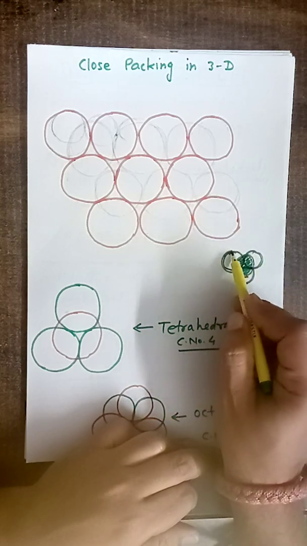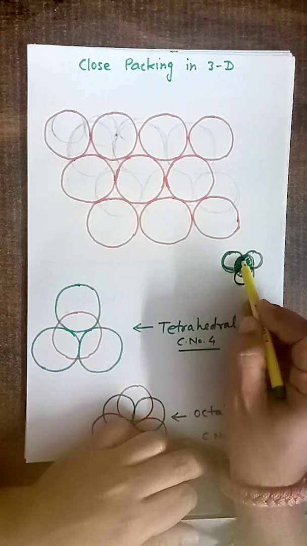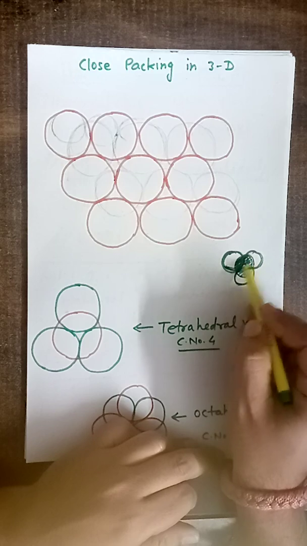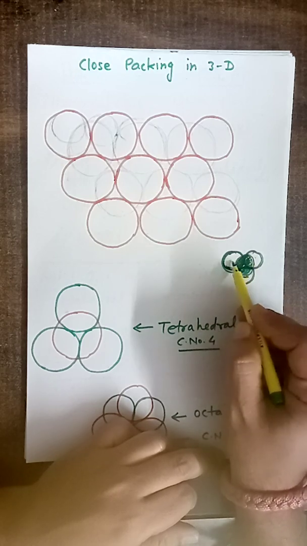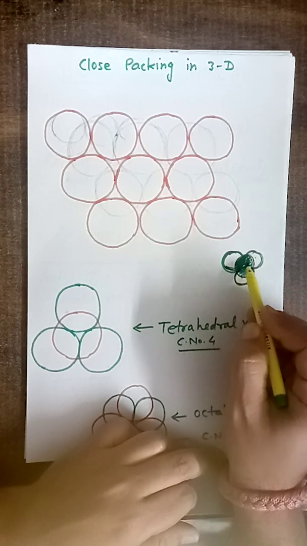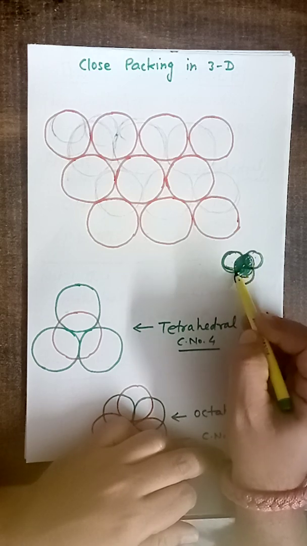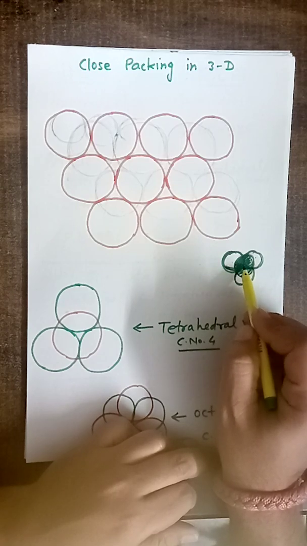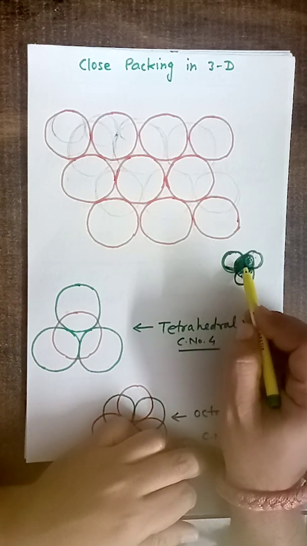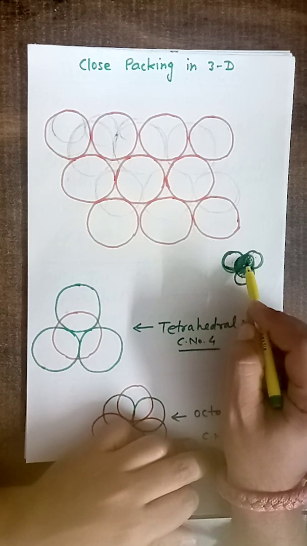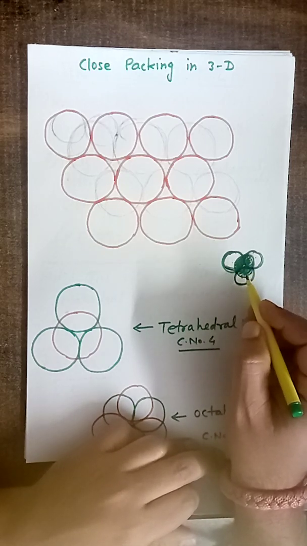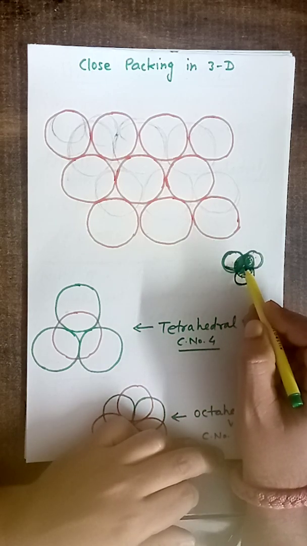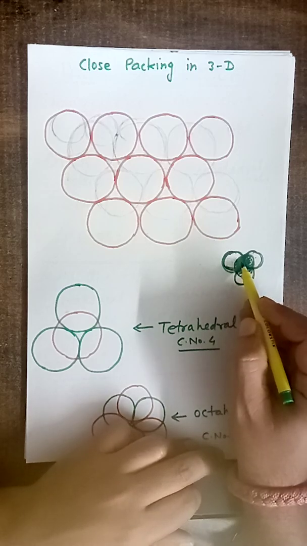If you keep one particle over this, then the particle of the second layer is connected with only one particle of the previous layer. But if you place the particle here, now it is bonded with 3 other particles of the previous layer. So the coordination number is higher, and when we place this particle of the second layer here, it will reduce the volume of the triangular void, and therefore it will definitely increase packing efficiency. So the conclusion is, particles of the second layer definitely occupy their position over the triangular void.